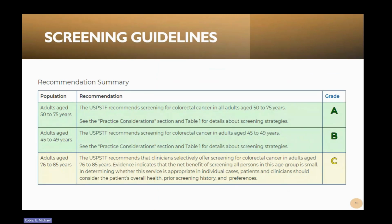So unless otherwise stated, all of the screening that I'm showing you today is from the United States Preventive Task Force, because that's what our payers use in most cases as their gold standard of what needs to be done. And the other thing, if you're not familiar with typical Task Force recommendations or clinical recommendations in general, an A is super strong, a B is fairly strong, and a C is kind of like you probably shouldn't do it. Okay. So if you look at A's, everyone 50 to 75, the United States Preventive Task Force recommends screening